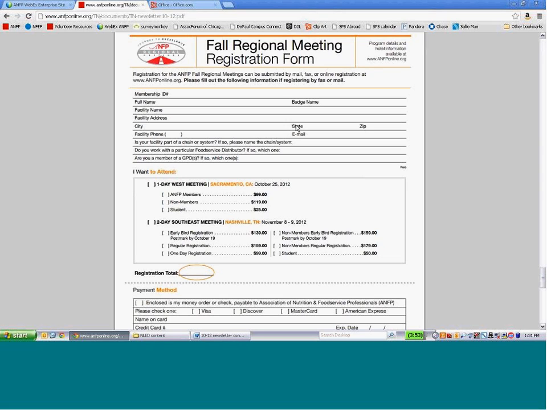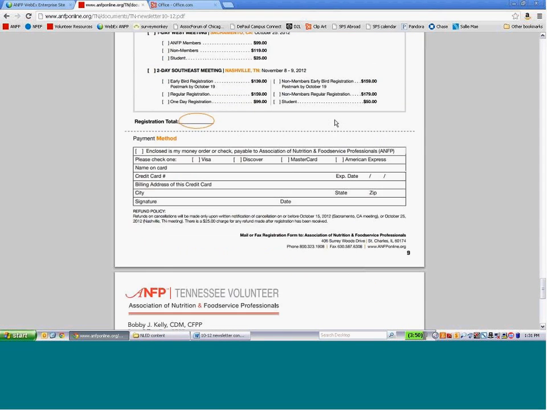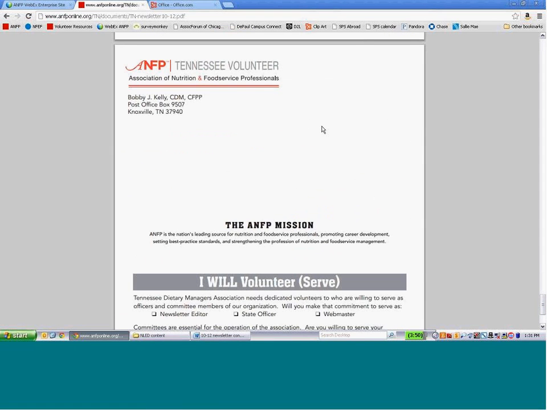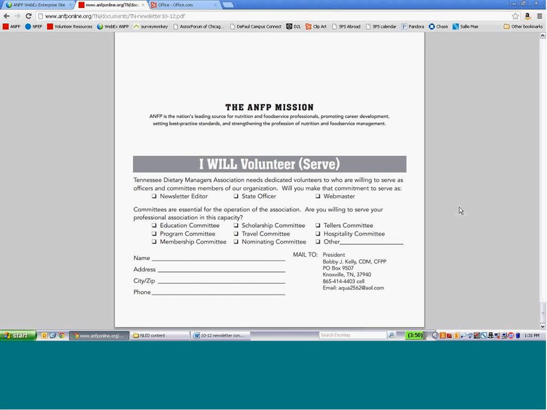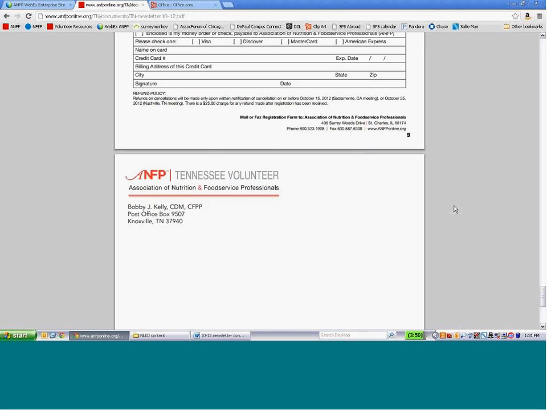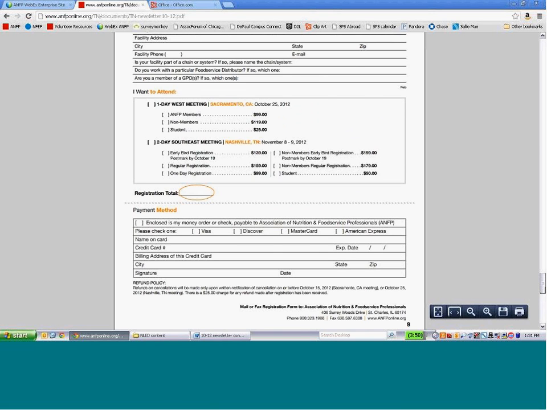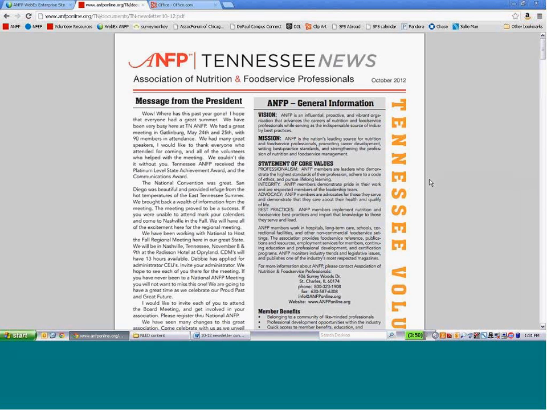And finally, at the very end, there is a volunteer form. Just to make it available for those who are ready to get more involved with ANSP and want to make the most of their membership. So that is Tennessee's. And if you're looking to maybe go more this route or